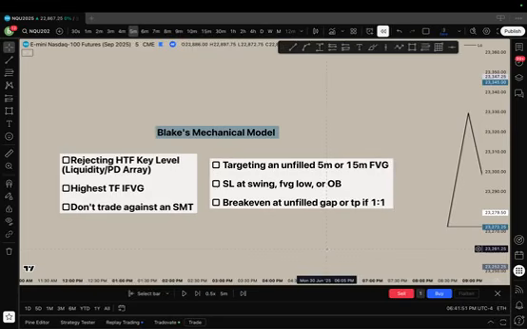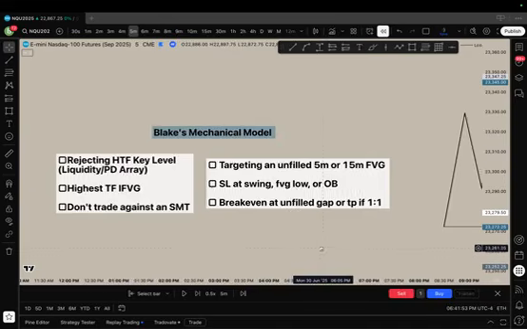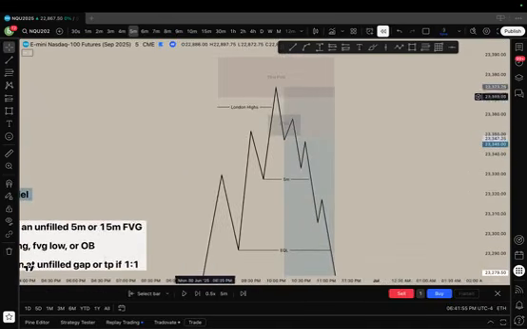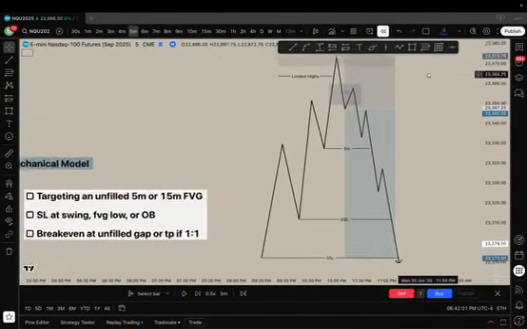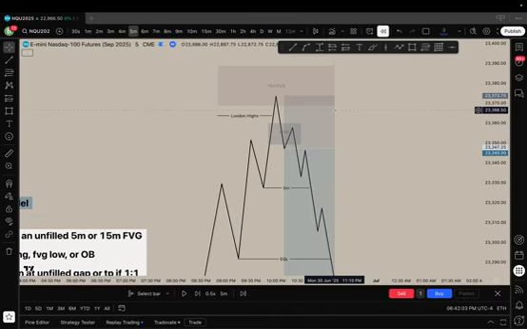Yeah, that being said though, let's move on to what a bearish Mech model looks like. How deep are we? We're about 13 minutes. Okay, let's go to what a bearish Mech model looks like. So what a bearish Mech model looks like is we have a sweep of some sort of buy side